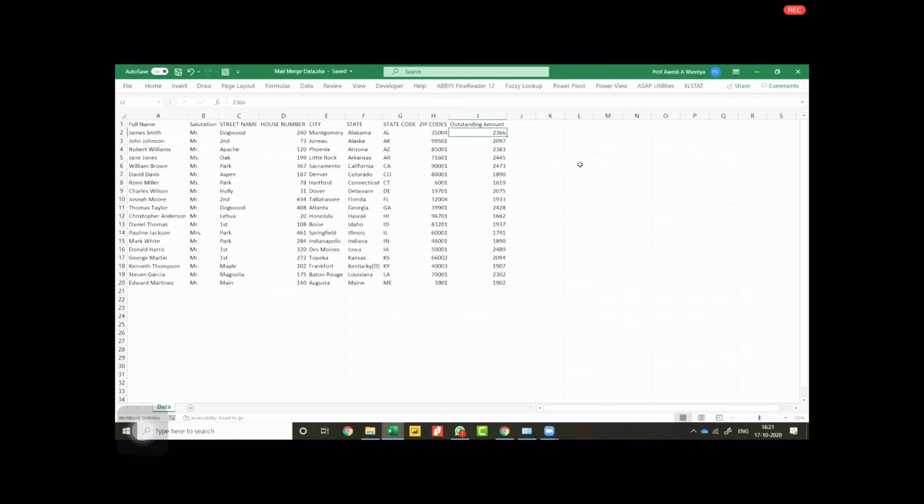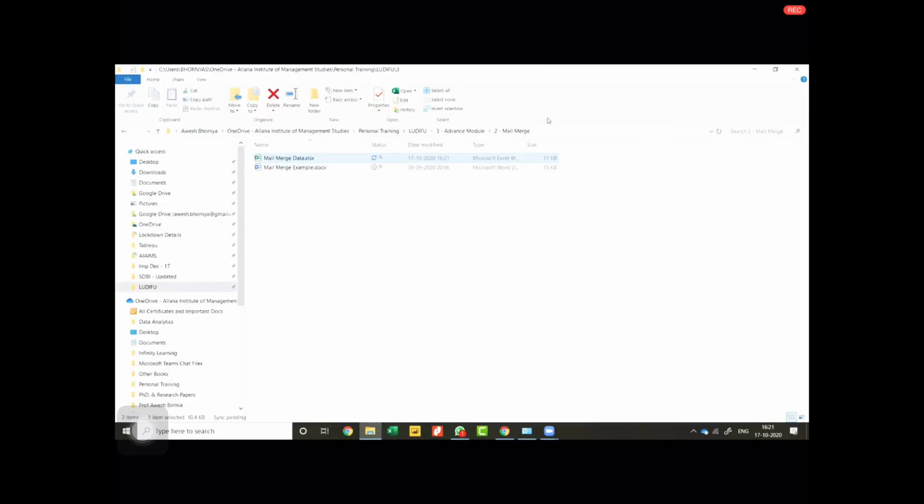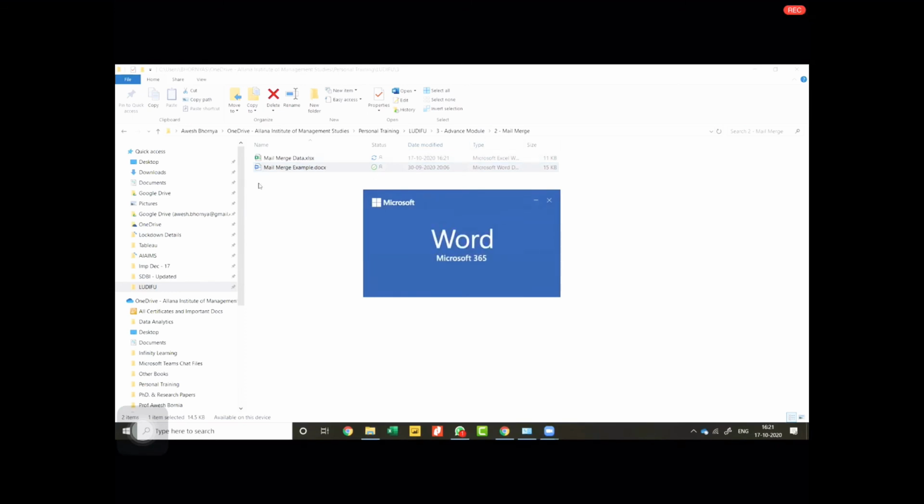Now I've been using this term mail merge, but what is mail merge actually all about? Mail merge has been used as a term in place of a customized letter being sent to all your people. Very simple. I'll close this and I will now open the document format. So mail merge is not a feature of Excel. Even though Excel supports it, it is actually a feature of MS Word. But this is an important concept. Hence we have decided to include it in the advanced level session.